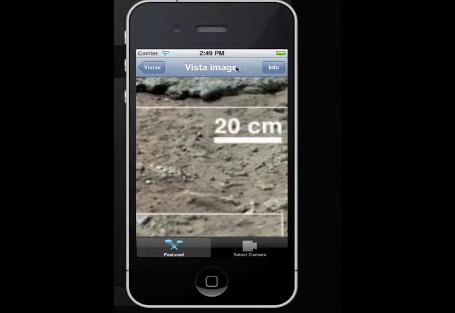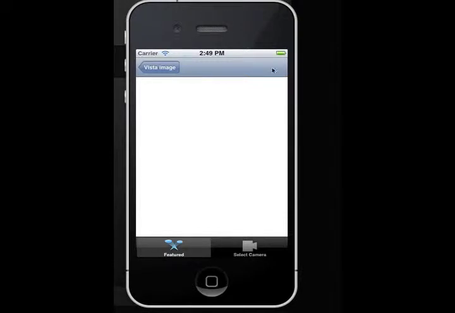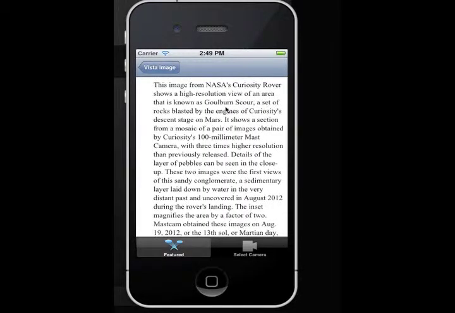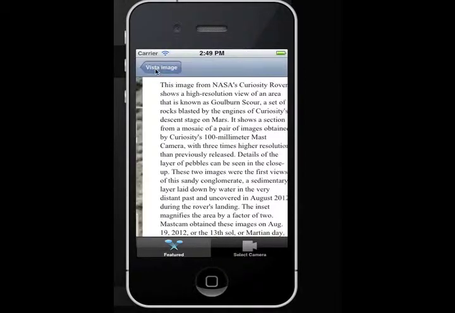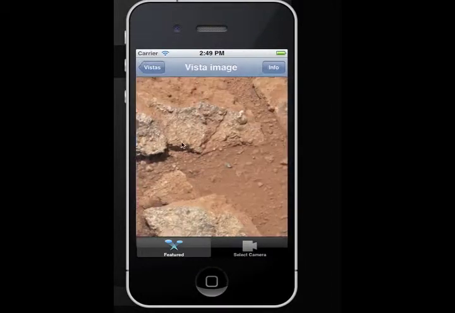And then if you want to learn more about that particular image, you can select the info button and it will give you some information about that particular image. This one is a high-resolution view of an area known as Goulburn Scow, set of rocks blasted by the engines and so forth. So let's go back, pick out another one that might be fun, link to a watery past,